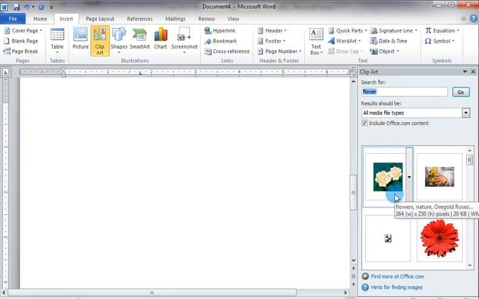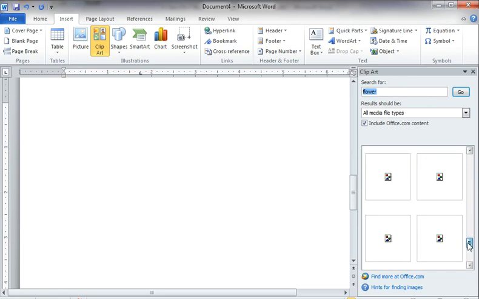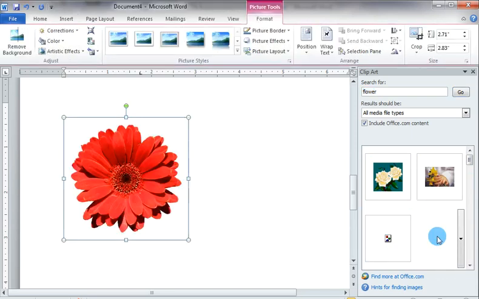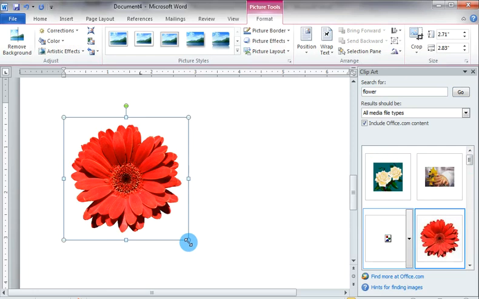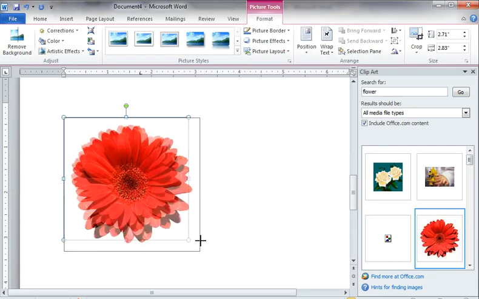You can see the images of flowers by scrolling down. Which image you want to insert in the document, click on the image. It will insert it in your document, and you can drag in or drag out.